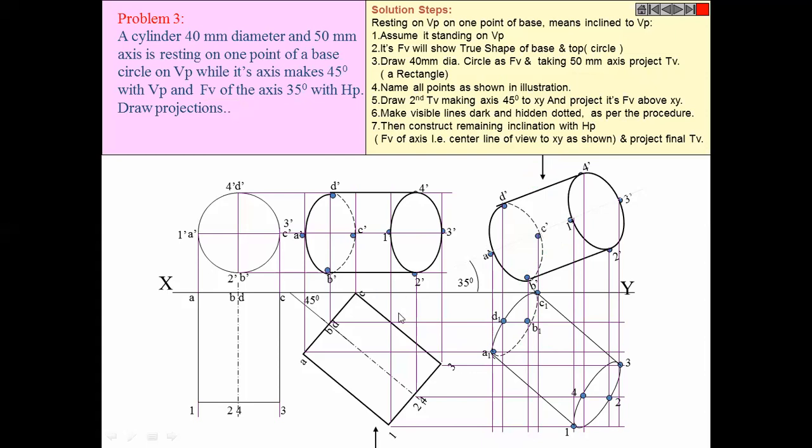Now I will go a bit faster for this problem. What it is saying? That a square pyramid of 30 mm base side is resting on its apex on HP, such that one of the slant edges is vertical and the triangular face through it is perpendicular to it. Okay. So, a square pyramid. Let me show you that first of all. Wait a moment. We are having those models.